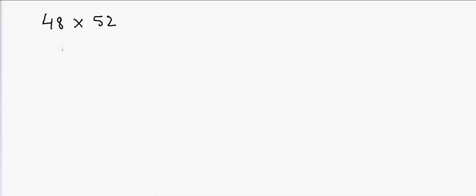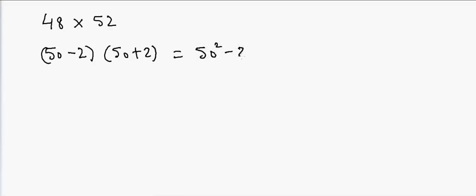If you look at it carefully, these numbers are symmetrical around 50, so this can be written as 50 minus 2 and 50 plus 2, so that will be equal to 50 square minus 2 square, so the answer will be equal to 2496, right? Same way, suppose I have to do 79 into 81, the answer will be equal to